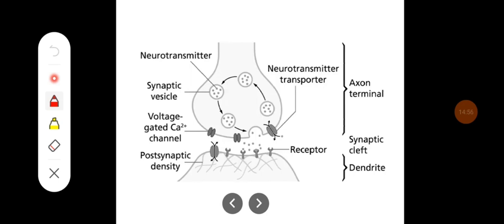This is another example of paracrine function, which is called a synapse. One nerve fiber is going to activate the adjacent nerve fiber through the synaptic cleft, where part of the nerve is going to secrete neurotransmitter, and this neurotransmitter is going to bind to the postsynaptic receptors, and they bring the changes in the postsynaptic membrane.